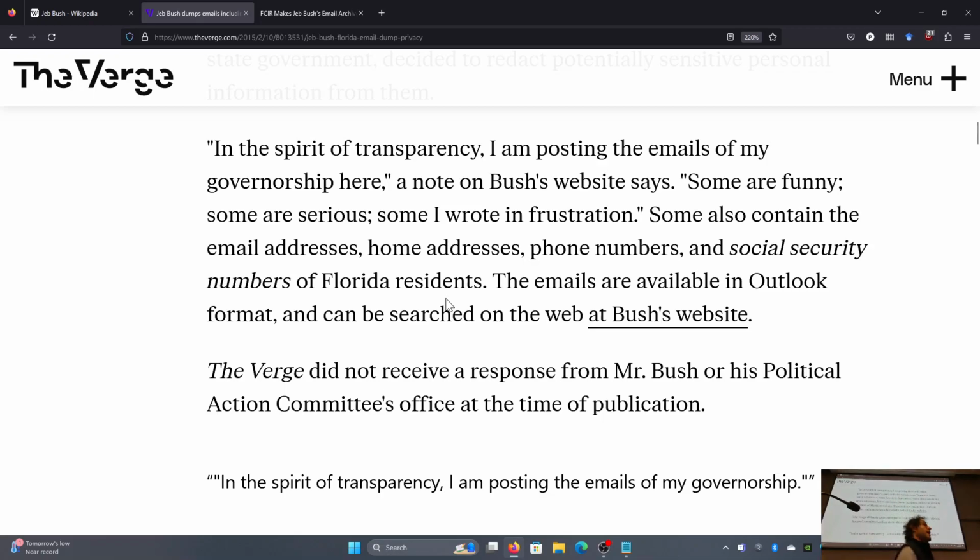Now, for those of you who are not U.S. citizens or who are international students, you may not know the significance of social security numbers. Americans have, for a long time, been against, at least from a legislation perspective, there's been basically no appetite whatsoever for a national ID system. Americans don't have a national ID number. They might have a state driver's license number or a state ID number, but there is no national ID number. This is for a variety of reasons that I will not get into here, but as a result,